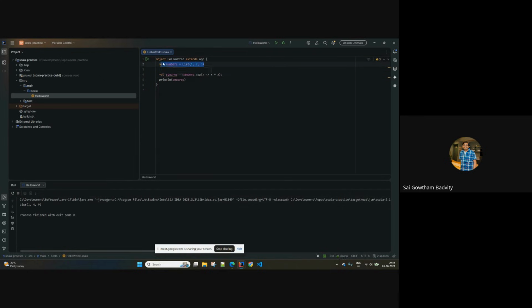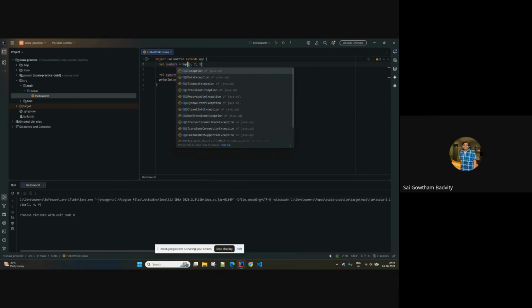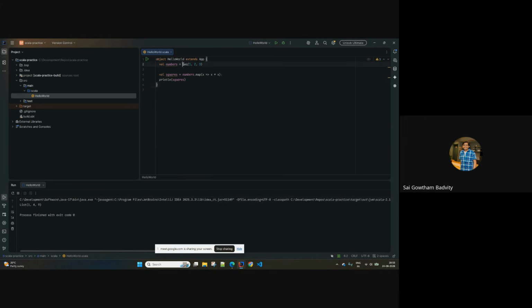Usually it will be like a sequence. If you use sequence, this is the topmost collection, or collection hierarchy. This is the parent of all the collections,